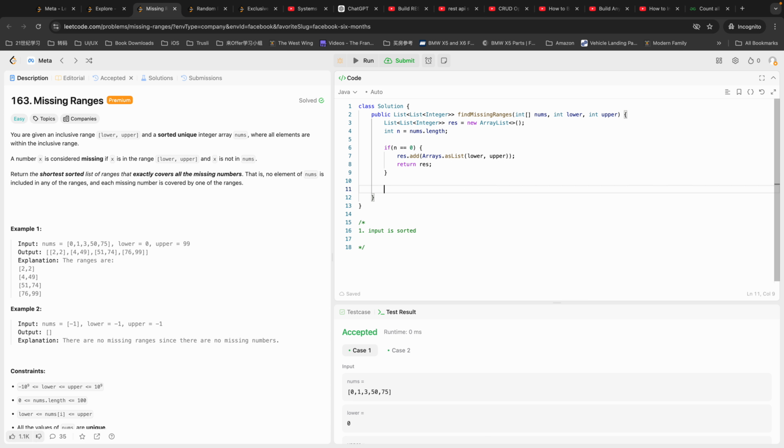Other than that, we are doing the traversal from left to right. Okay, so if lower is less than nums[0], because it's sorted, we're going to add lower to nums[0] minus 1 to our final result. Okay, so add Arrays.asList from lower to nums[0] minus 1. Okay,